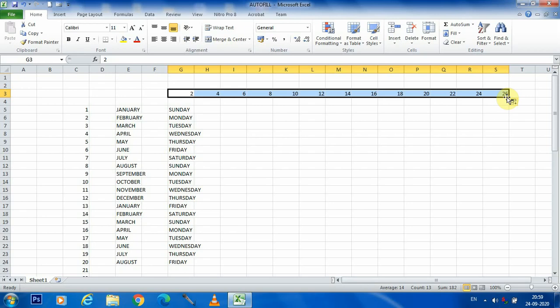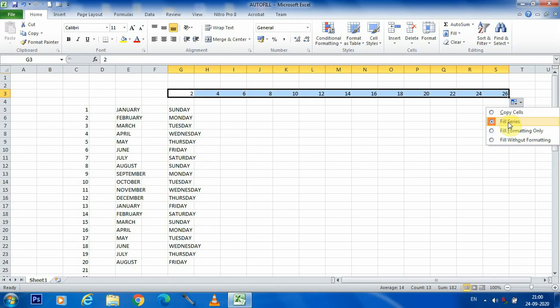Okay students, now I am showing you another thing. Here you can see that it is providing us the facility that we can copy cells also. We can only copy, or we can work like a series.